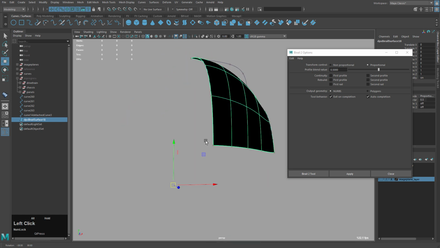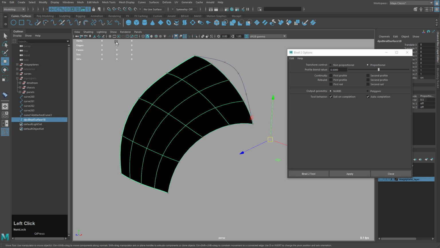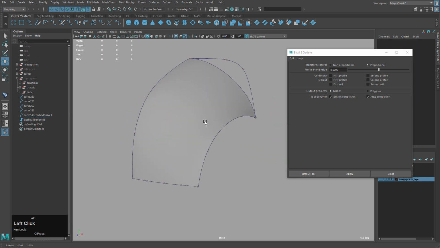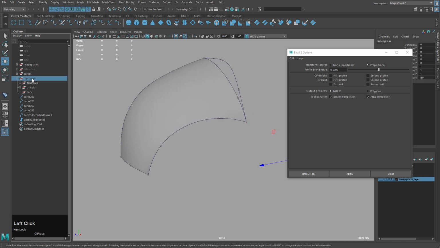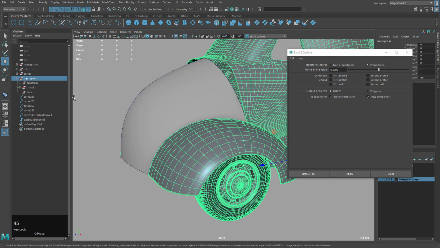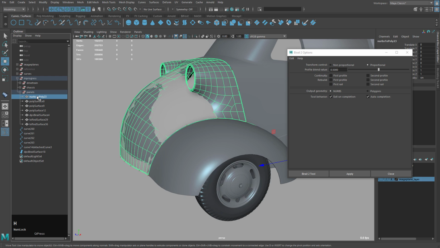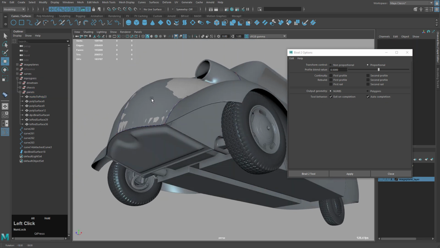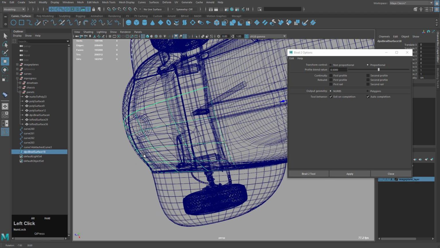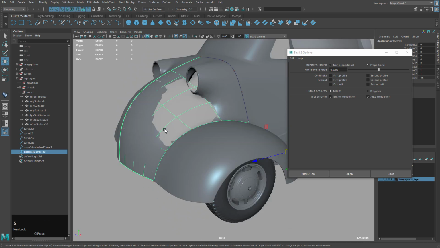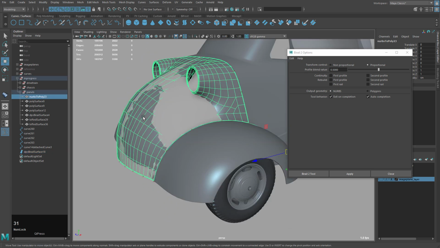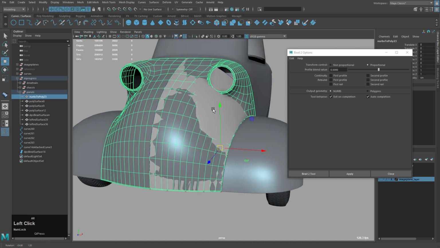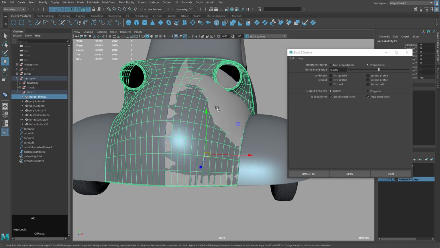Our surface is flipped. Now we can reverse direction if we want, or we can just turn on two-sided lighting in the meantime while we're still working. And if we compare it to our original, where is it? Should be under panels. You can see it's a pretty good match, but in the front, see how it kind of goes in. Now, if you didn't have the original curve to actually work with, you wouldn't even know that it's not the same. But since I have it, I can compare.